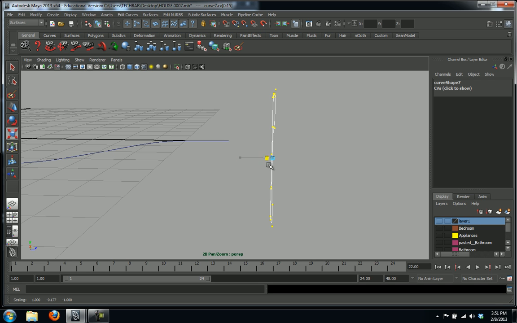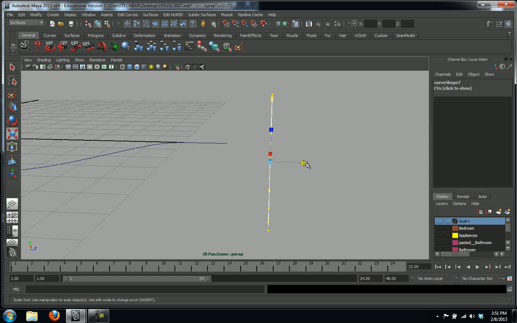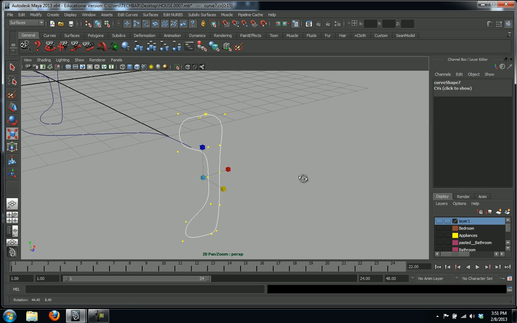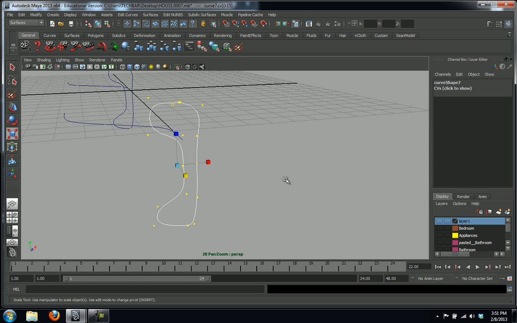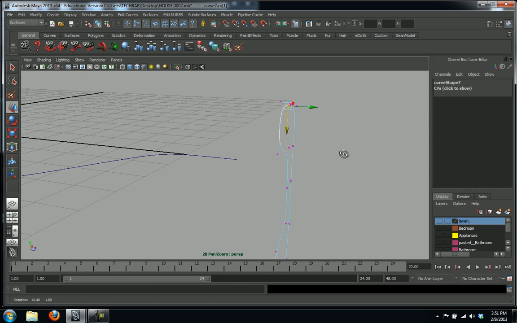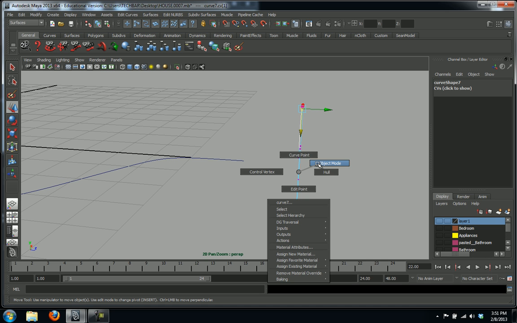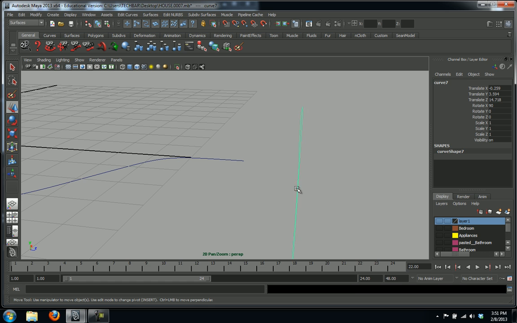And if we do that a couple times, we just straighten that curve just like that. It'll make a perfectly straight curve, and all the points will line up. And then you can adjust these points as needed, but just make sure that you have a perfectly straight curve. Now if I right click over it, go back into object mode, select it, now I can